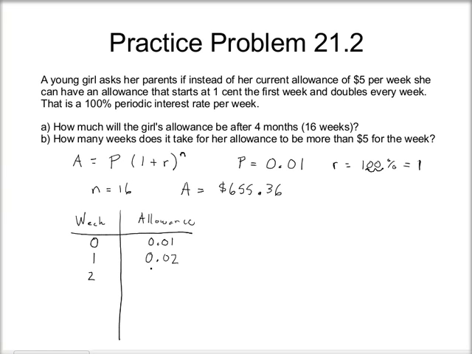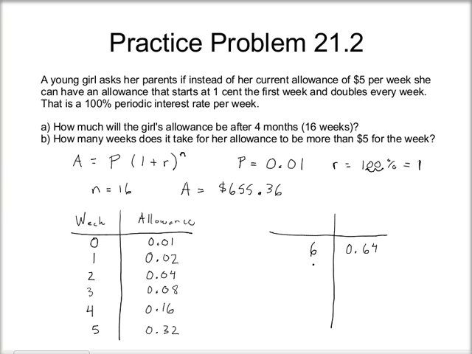After 2 weeks, that doubles again and she'll have 4 cents. After 3 weeks, she'll have 8 cents. After 4 weeks, she'll have 16 cents. After 5 weeks, she'll have 32 cents. I'm going to need more room over here. After 6 weeks, 2 times 32 is 64. She'll have 64 cents. After 7 weeks, she'll have 2 times 64 cents is